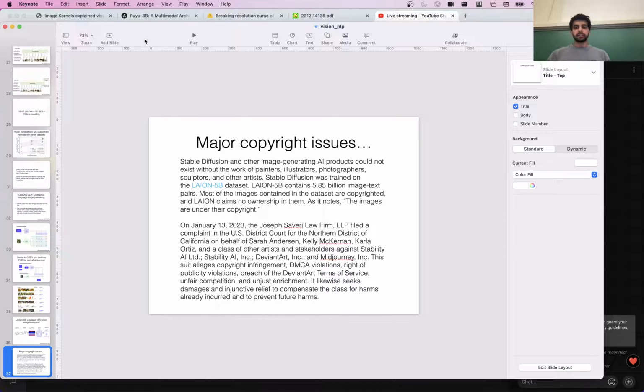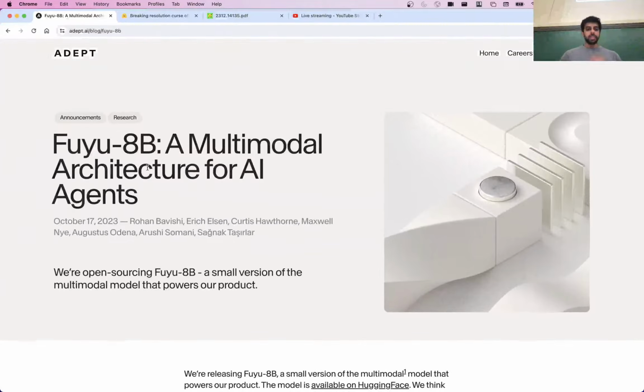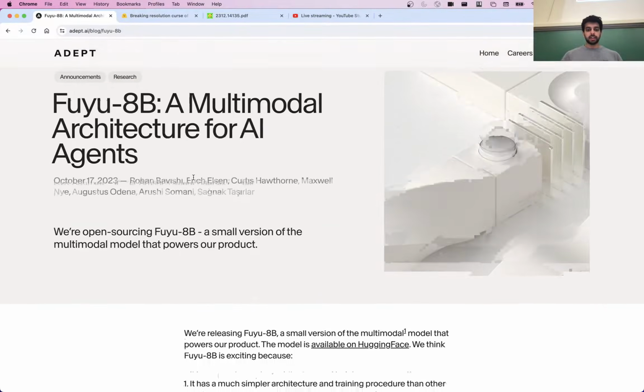Okay, so in the rest of the class, I wanted to go over some more recent work that unifies transformer decoders with image encoding. So I'll start with this Fuyu-8B model from Adept.